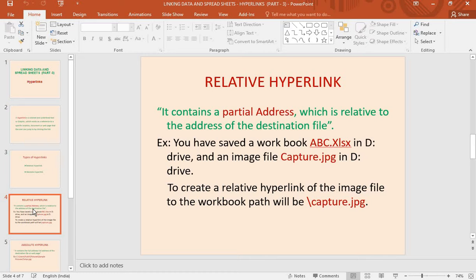Then you may apply this type of relative hyperlink. Otherwise, you can't apply it. Why? Because if you want to use this link, you have to save the workbook and other data sources in one drive only or in one folder only.